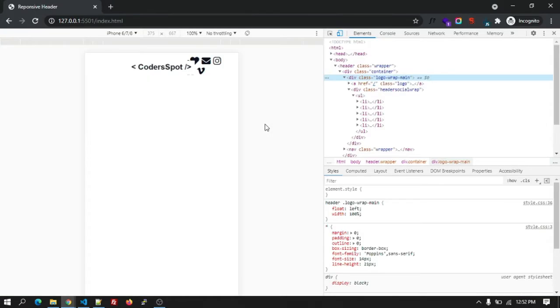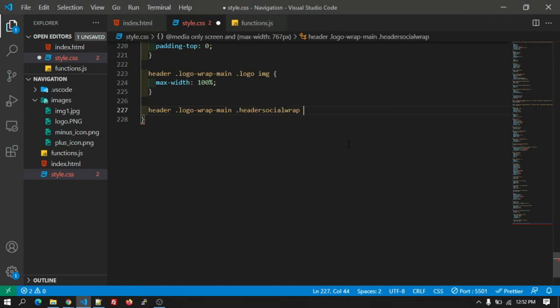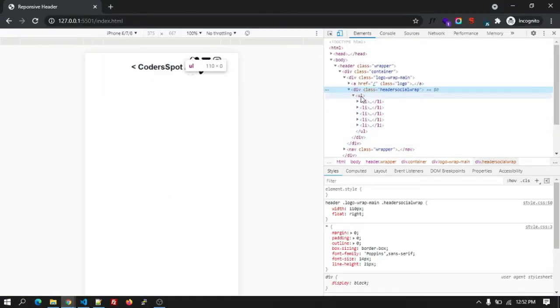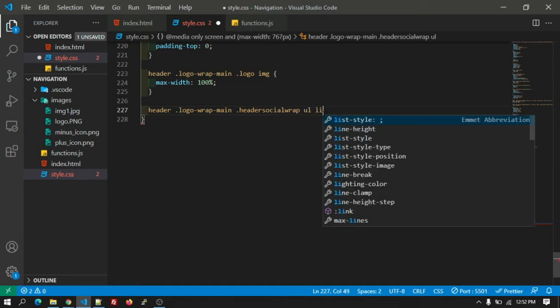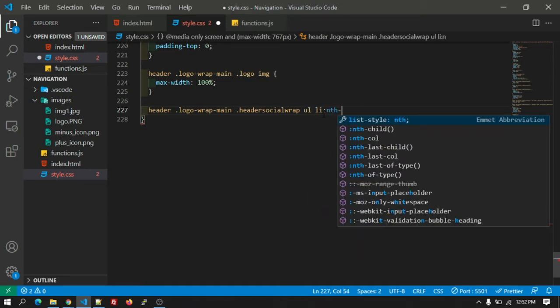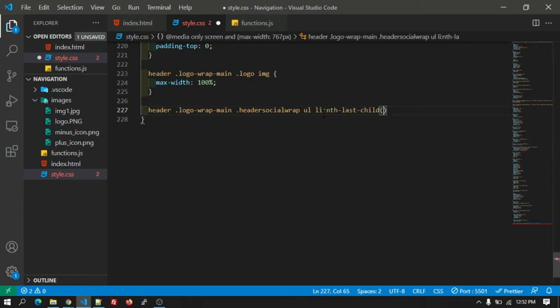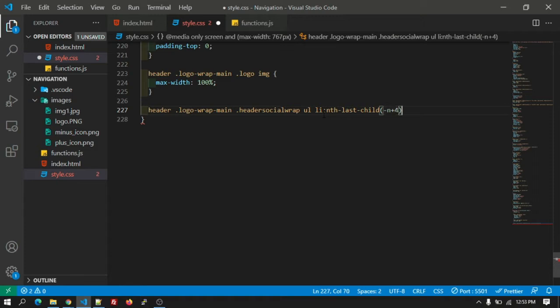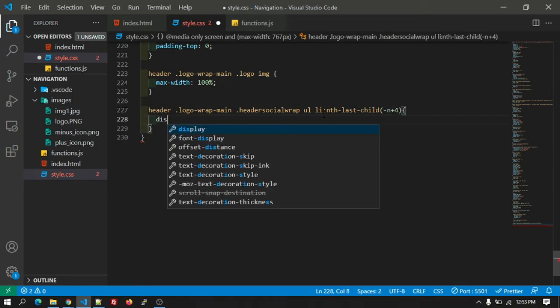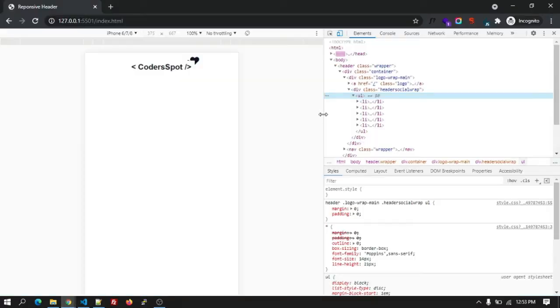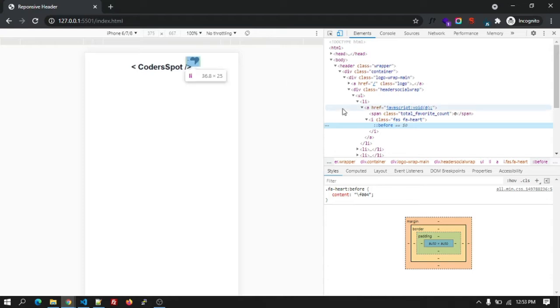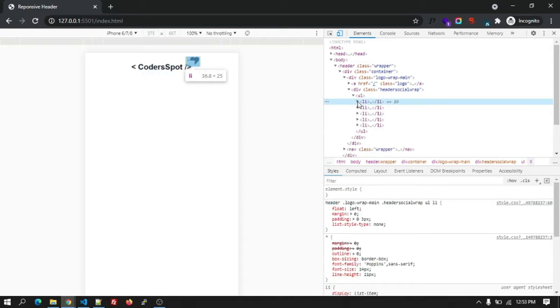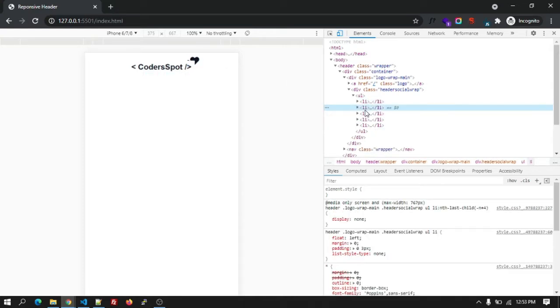Let's add it, the header social wrap, and after that there will be a ul, and li, and nth-last-child n plus 4. This will hide from the second to the fourth. So you can see here, all the li elements except the first one are hidden.